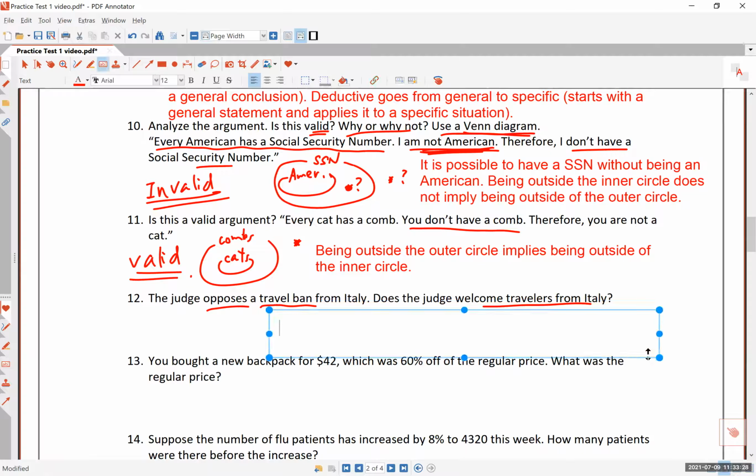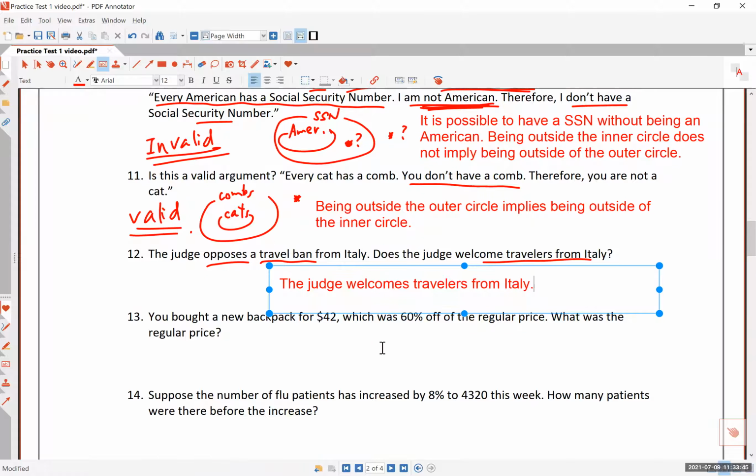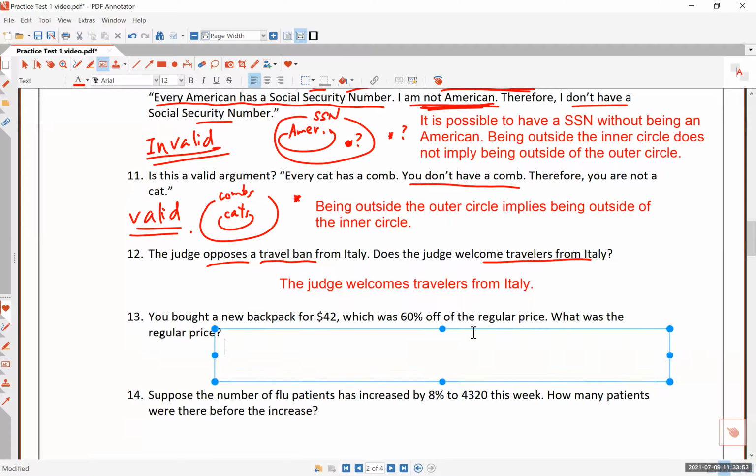And so I don't think this is a hard question. The judge opposes a ban from Italy. So the judge welcomes travelers from Italy. Okay, because he or she is opposing a ban from Italy. I like this judge. I like people from Italy. All right,